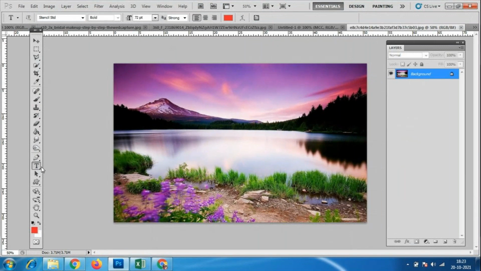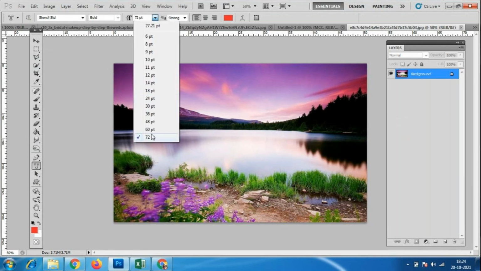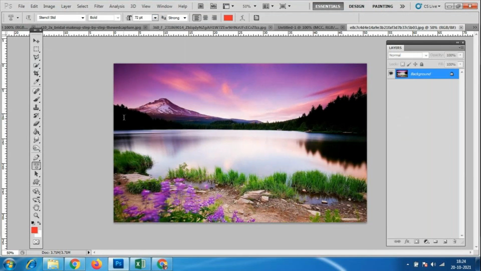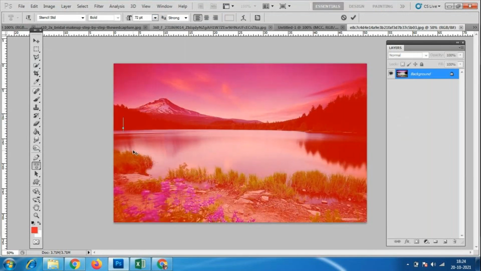I'll go to this option, Horizontal Type Mask Tool. Just check here the font, text color, size, anything. I'll click here. Look at the size of the text, 120.